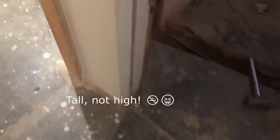Here we started putting the tiles on the floor, and this was actually just the day before I left. So the rest of the videos, none of them are taken by me. Most of them are taken with a cellular phone. So here all the tiles are up in the bathroom, looking pretty good. You can see there's a big difference from what it looked like before. Now it actually looks like a bathroom you would want to take a shower in. And yeah, it's basically done. They just need to put in the toilet again